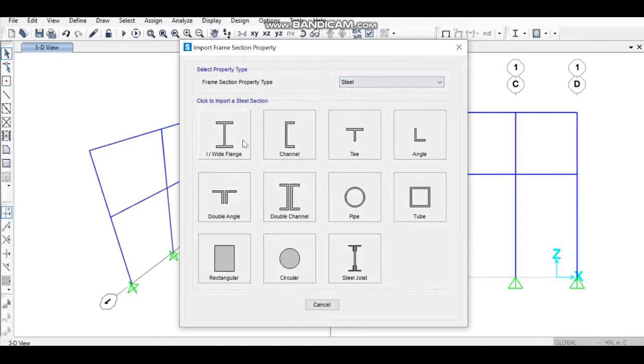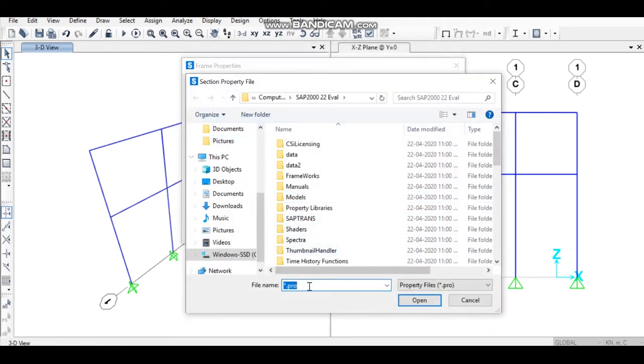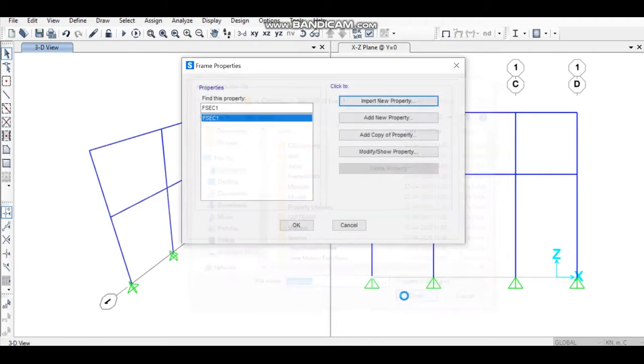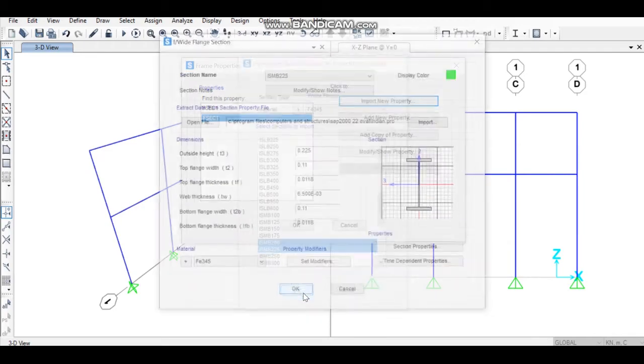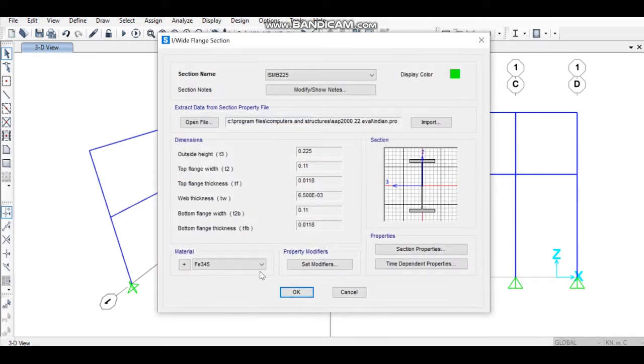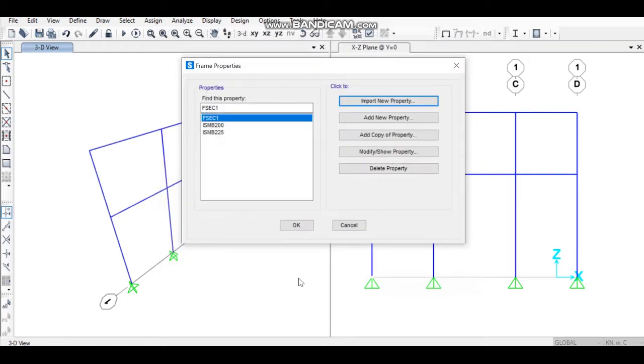Here select I flange and in the directory select Indian Pro and open. The members we are going to select are ISMB 200 and ISMB 225. Click on OK and select the material as Fe345. Click on OK again.